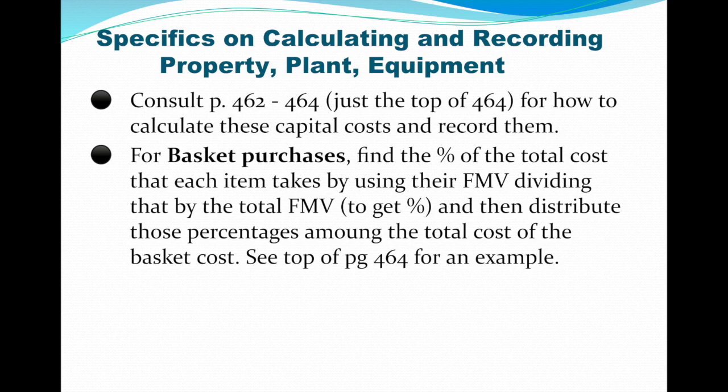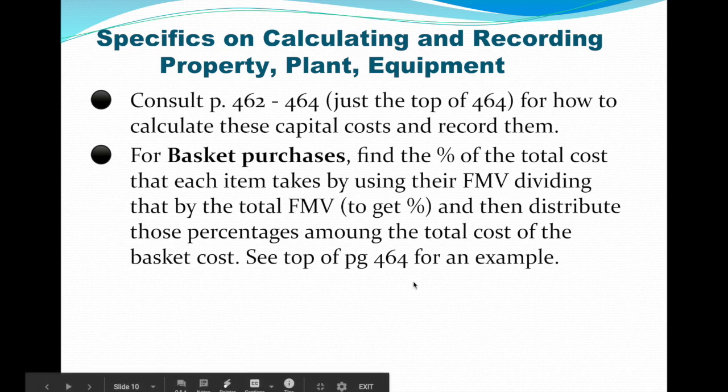You take that percentage that you got using the fair market value, and you apply it to the cost you spent acquiring it. Okay? So you use the percentage with the fair market value, and then you apply it to the cost of getting the asset. And that's how you record the separate values. Once you get it, it clicks and you understand. But I just wanted to be clear, because the specifics of the total costs for land, building, and equipment are pretty standard, pretty simple. But the basket purchase, in my opinion, merited some additional explanation.